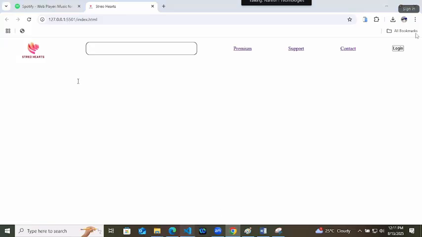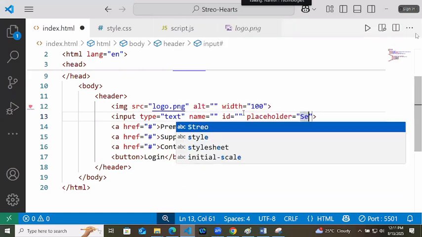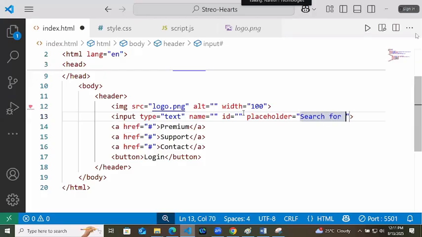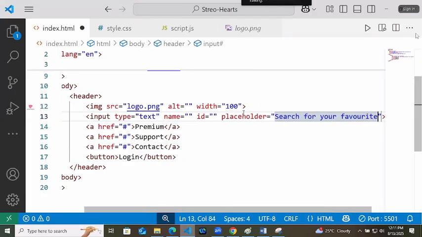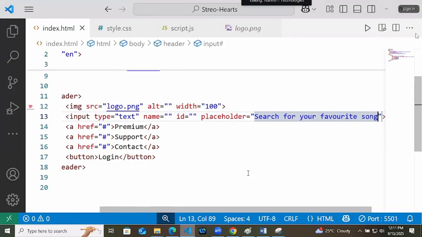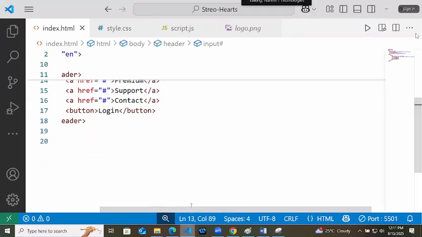Now to this input box, we will provide a placeholder. Search for your favorite song. Okay, like this, and all these anchor tags I will change now.